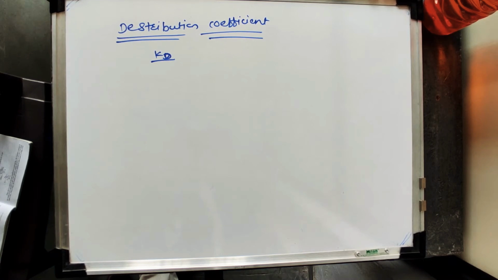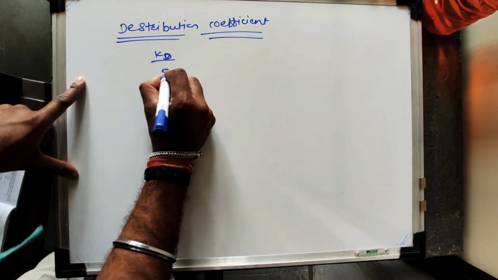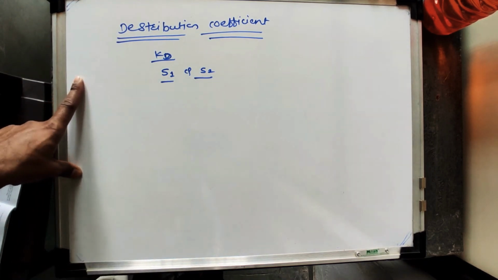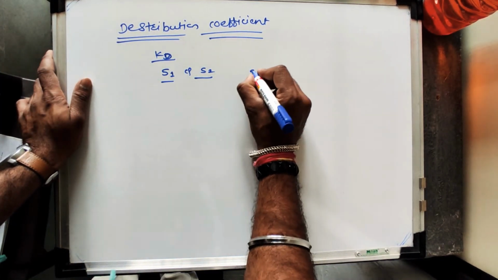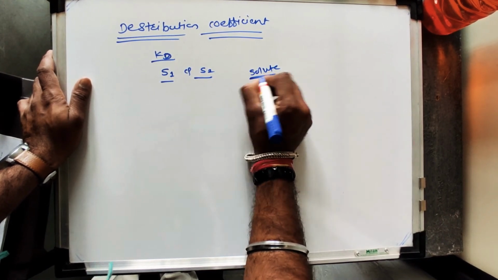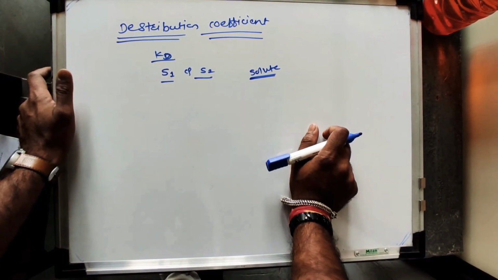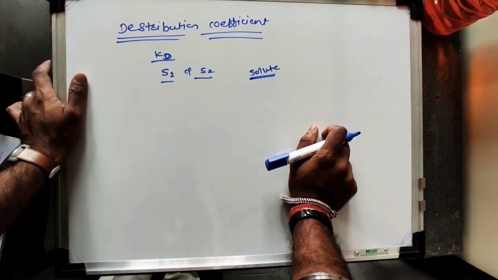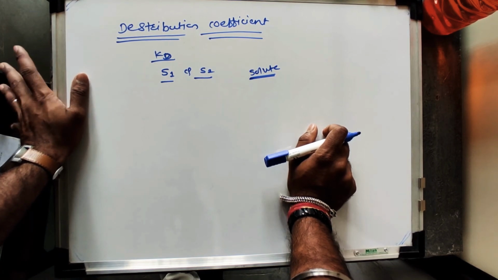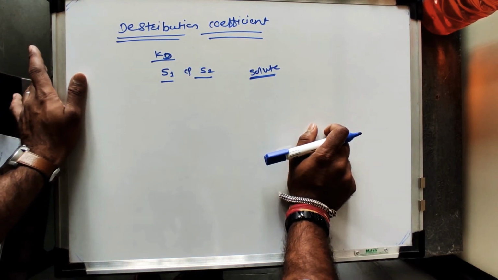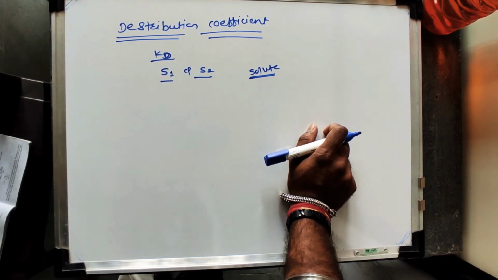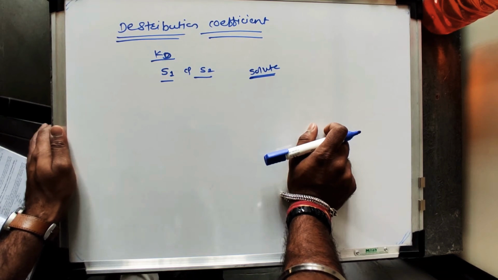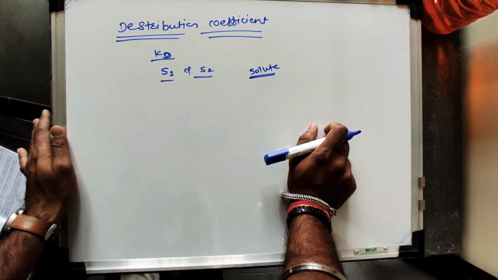Suppose I am taking two solvents, say solvent first and solvent second, during the solvent extraction, and a solute is present in either solvent, maybe solvent first or maybe solvent second. And I want to extract that solute from one phase to another phase. We already discussed the principle. Then what is the distribution coefficient actually? It is denoted by the symbol Kd.